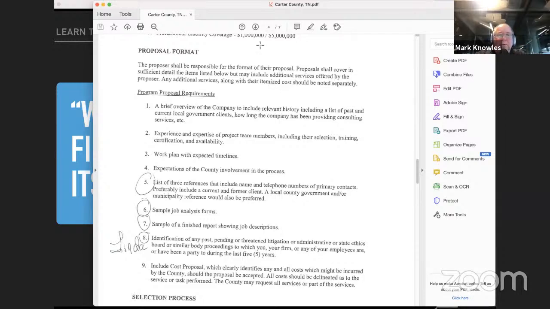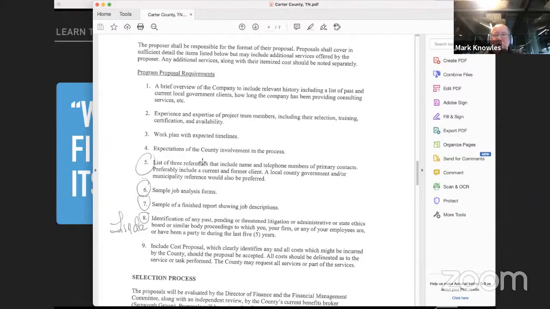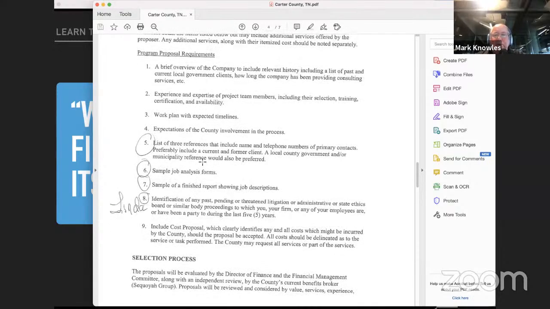So Section 1, a brief overview. Section 2, experience and expertise. Section 3, a work plan. Section 4, here's what I expect you to do. Section 5, list of references. And I was going to stop here because, a lot of times, in fact, the number one question I always hear from our members, new members specifically, is